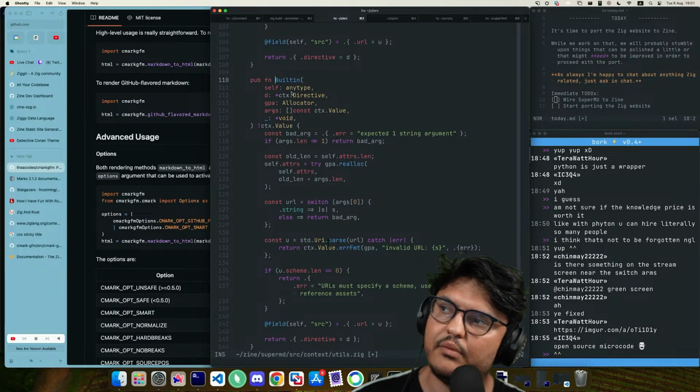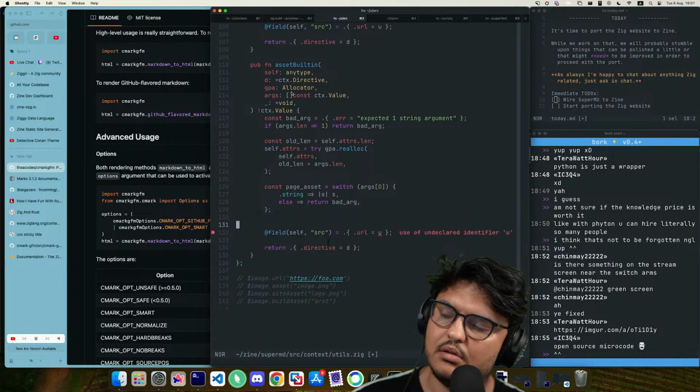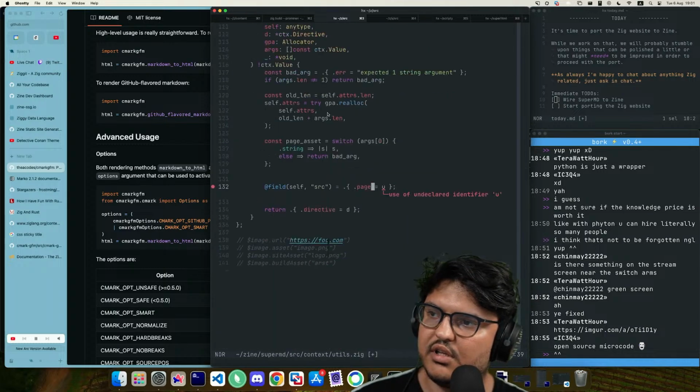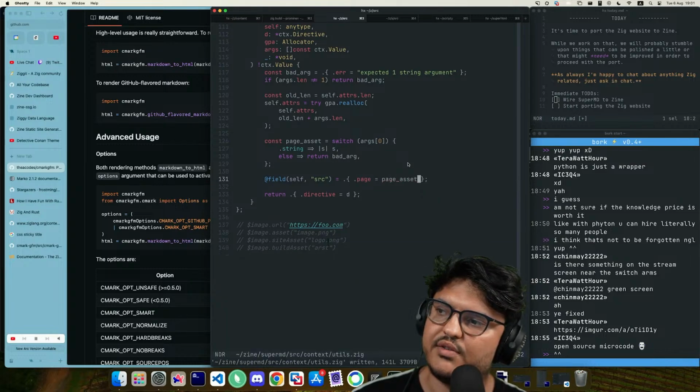So URL built in, then we want asset built in. I think it's the page. No extra validation.